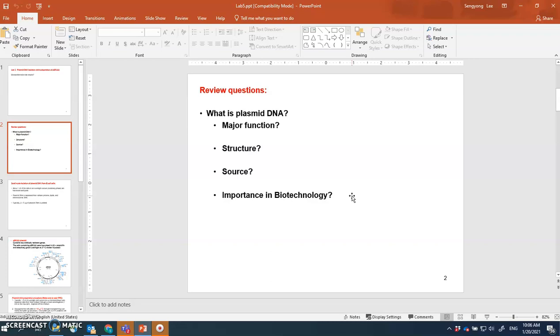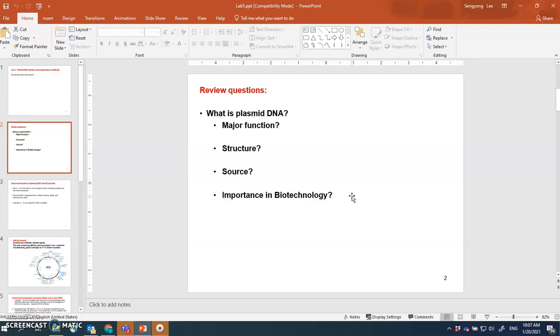that can maintain your DNA, as well as sometimes work as a factory that can transcribe and translate the product out of your gene. So what you are interested in is a product, which is maybe RNA or protein out of that gene. You can trigger the cells to transcribe and translate the gene of your interest, so you can get the final product made. And those bacterial cells can be easily duplicated if you grow them with fresh medium, food,